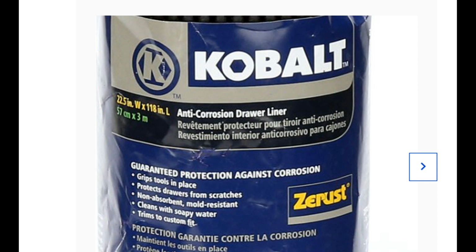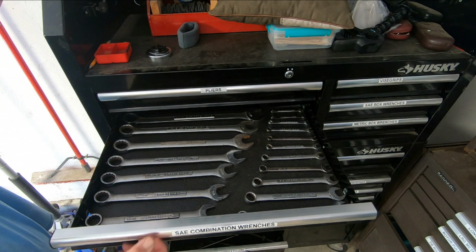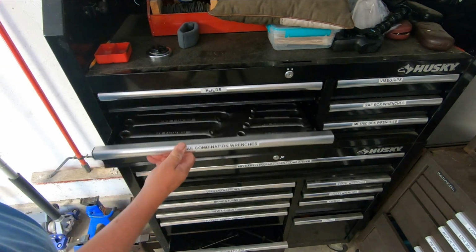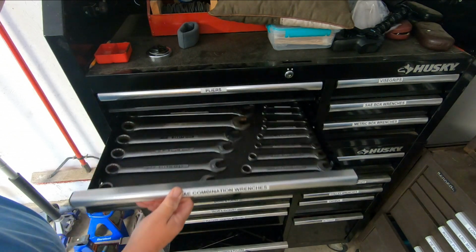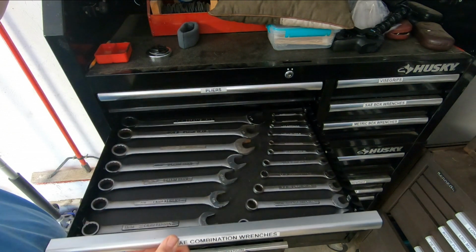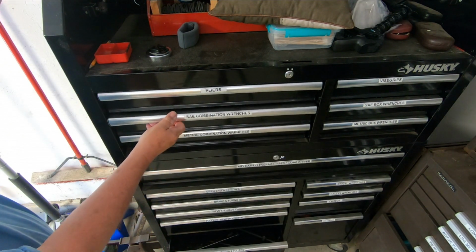The nice thing about these Kobalt drawer liners is they're semi-tacky, so they do a really nice job of holding your wrenches in place. Makes it very easy to keep them organized. What you see here is a drawer I lined a number of years ago, and you can see how nicely it holds my wrenches in place. It's been probably 4 years and it's still not allowing them to slip around, even though I rapidly open and